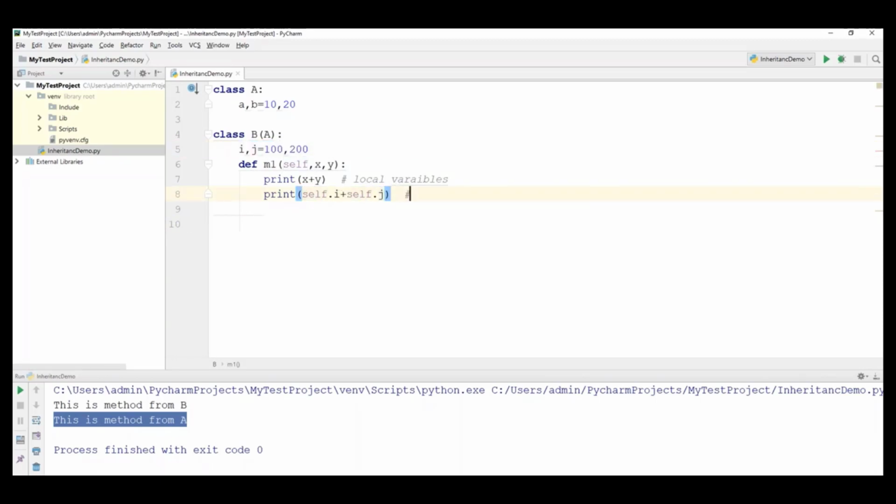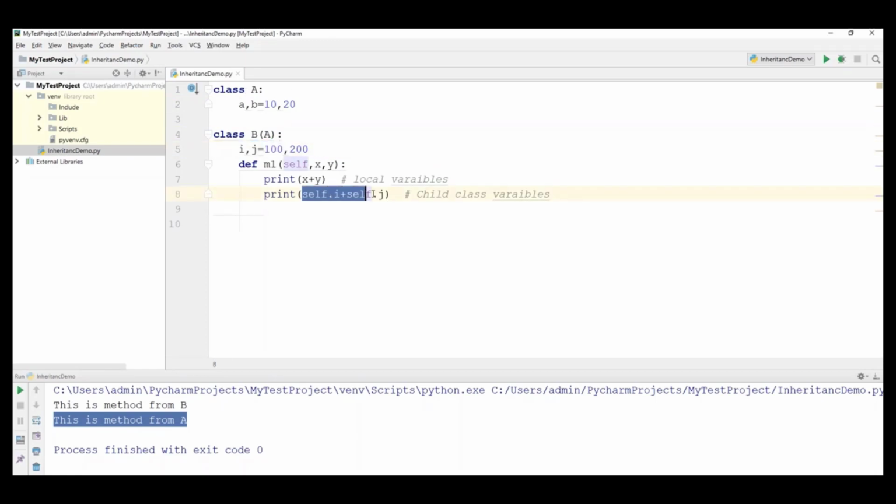So what are these? These are all child class variables. Observe this, B is a child class of A. Remember this. Now B is extended from A, so B contains i and j along with this a, b. a, b also belong to class B because B acquired everything from class A itself.